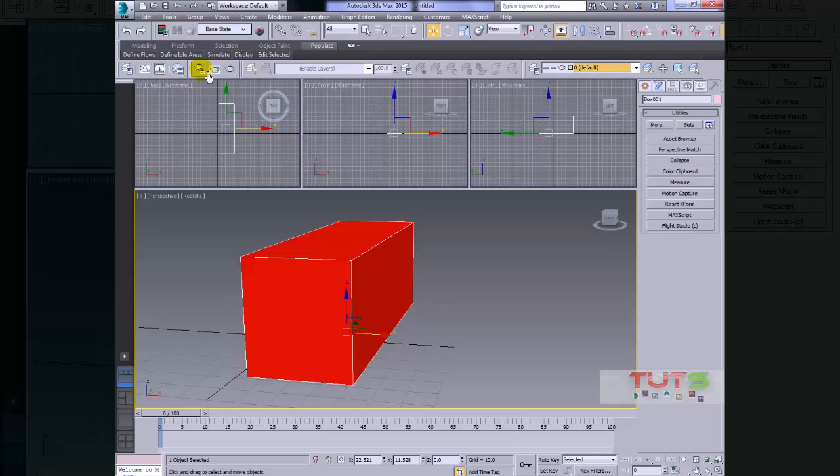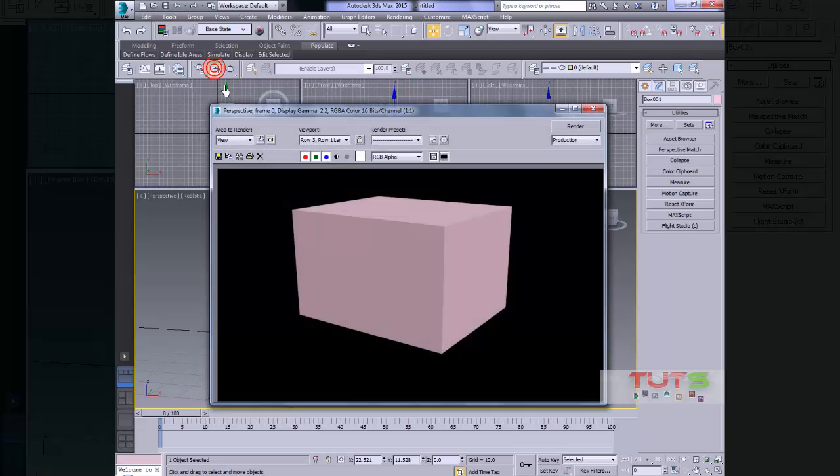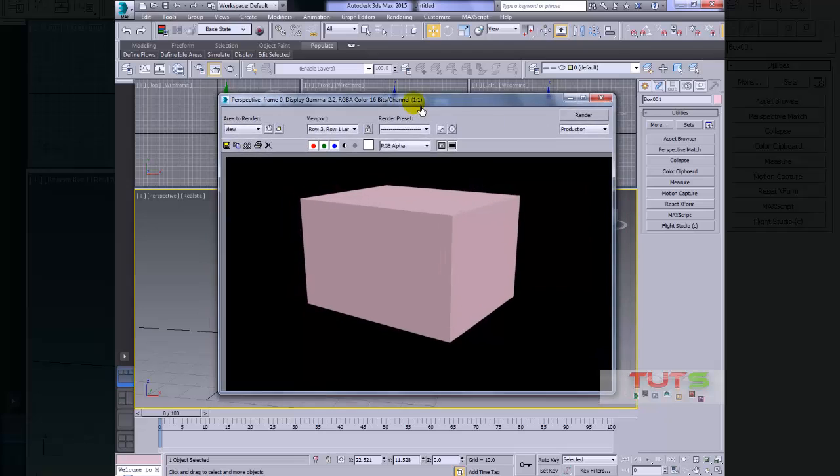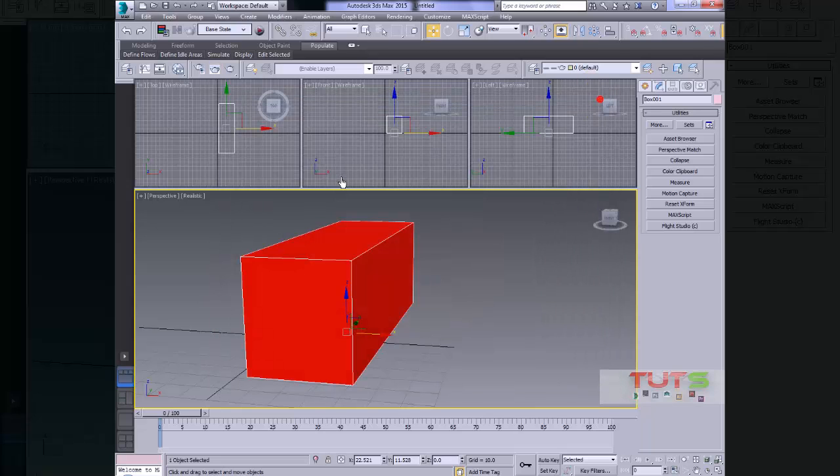This is the rendering setup. You can see this icon right here. This is the rendered frame window. This interface is actually very important, because you can't output anything without this. This is whatever you render in your scene. To render an object,